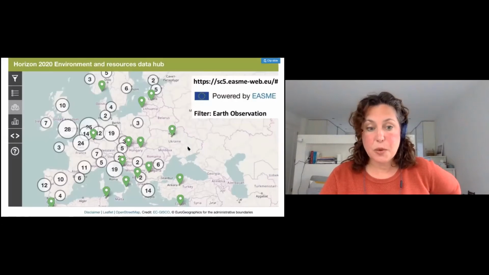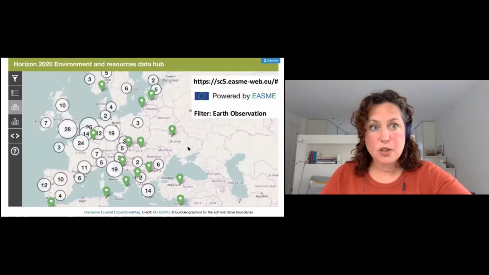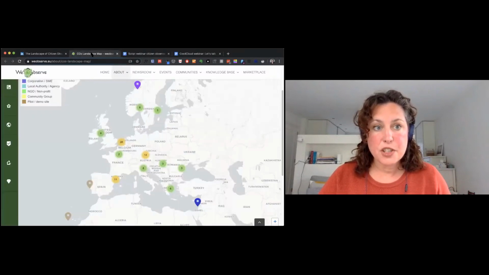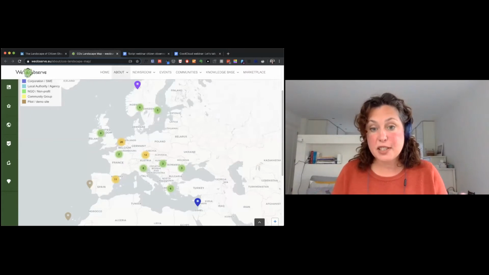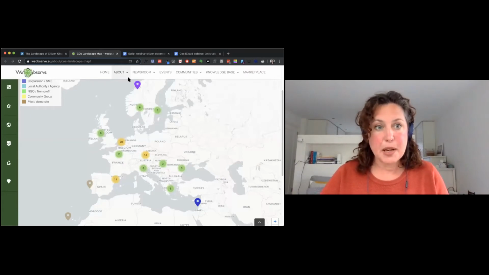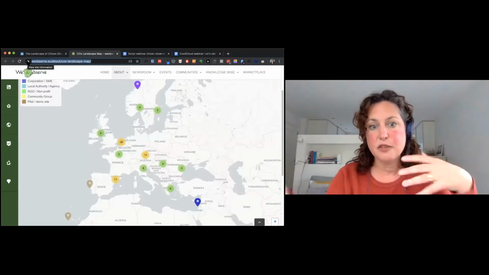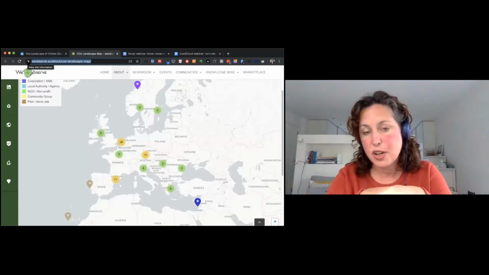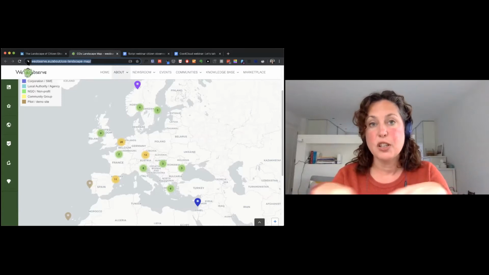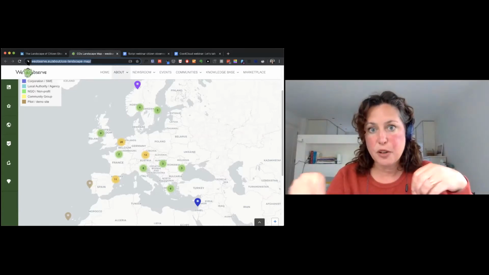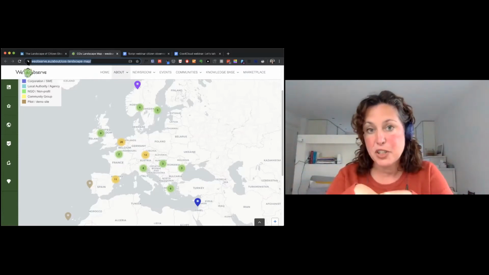And finally, I'll close with this map, which is outdated, so I'm going to show you the one on our website. So we've just launched this map. We're inviting anybody that's involved in the Citizen Observatory to add your name to this map. So I'll stick this link in a moment in the chat to come to this website. And the goal of this is for people to find out about other projects that are going on and be able to share notes with each other and learn from each other about how you're approaching it locally, what the particularities are of your local issue are, but maybe learning about methodologies and tools to use. So I'm going to stop there.